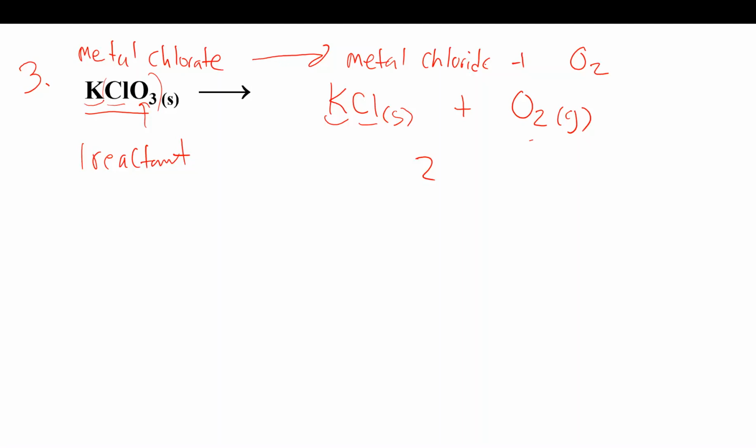So what am I going to multiply 2 by to get 6? 3. What am I going to multiply 3 by to get 6? 2. Now this coefficient of 2 in front of the potassium chlorate changes how many potassium I have, so I just go back, I put a 2 there, and I'm